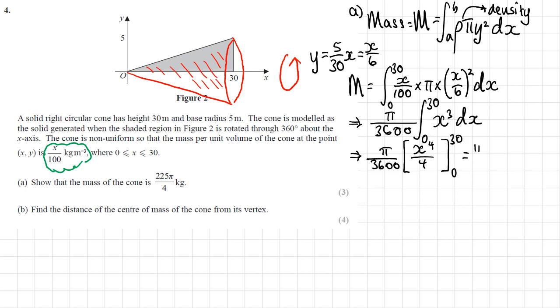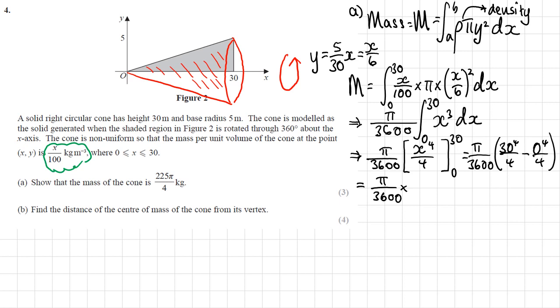Let's put those in and see what we get. So pi over 3,600, and that's going to be times by 30 to the power 4 over 4 minus 0 to the power 4 over 4, basically 0. So that will give me pi over 3,600 times by 30 to the power 4 over 4, which is